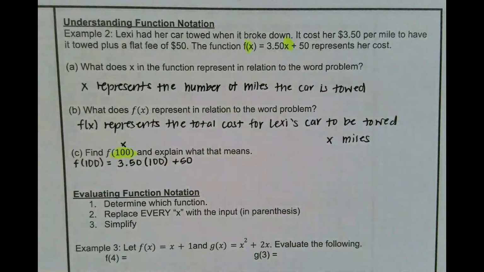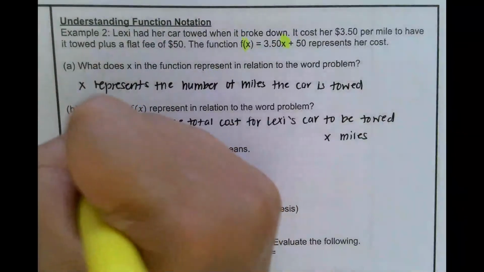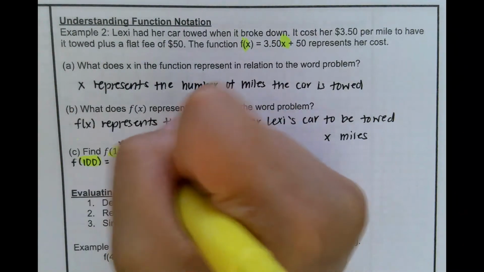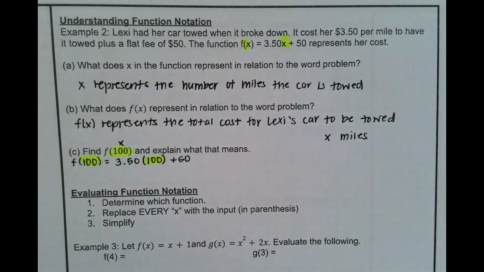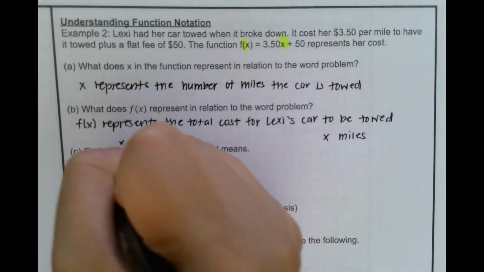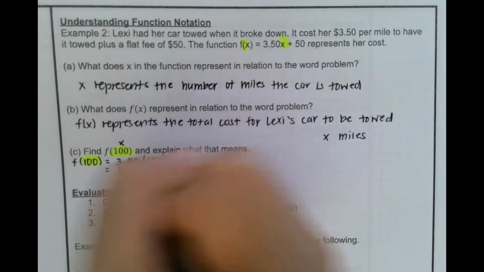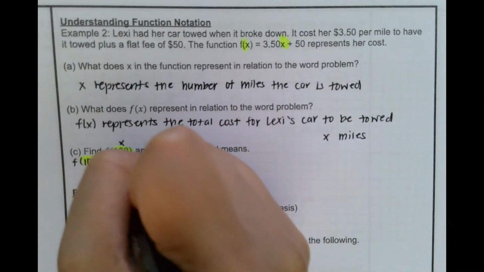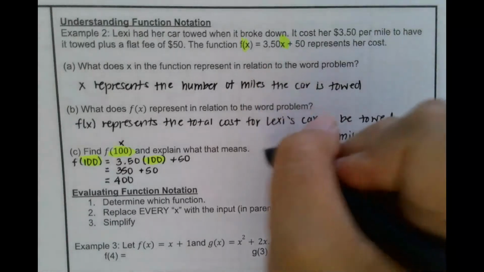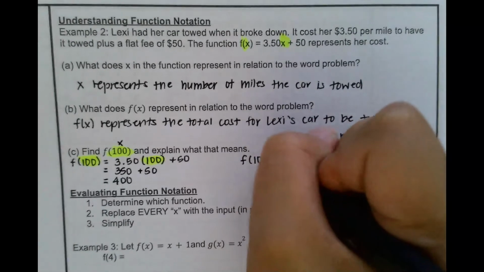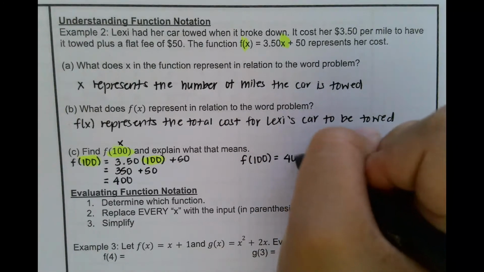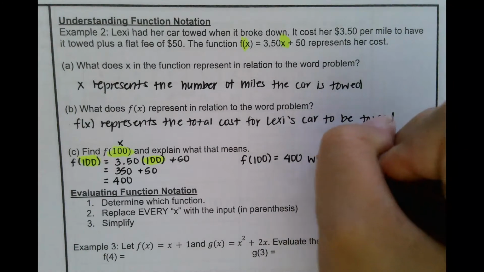Since f of 100 replaced my x, I'm plugging it in wherever I saw the x. 3.50 times 100 is 350, plus 50 gives me 400. So f of 100 equals 400, which means